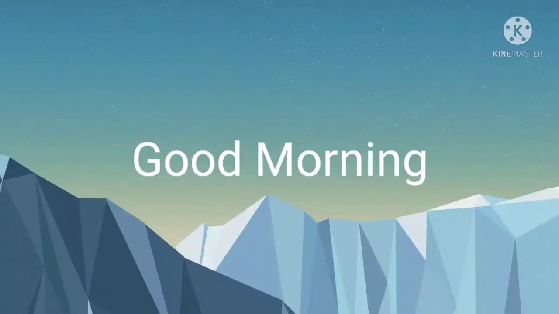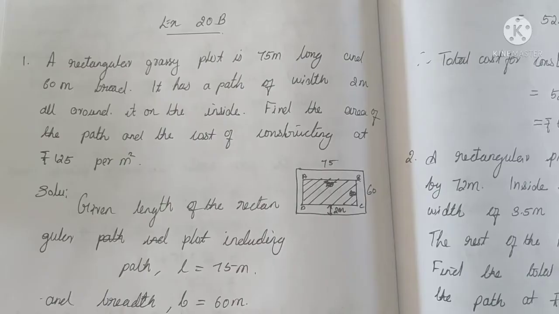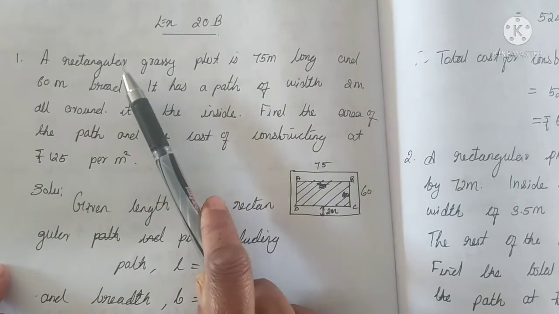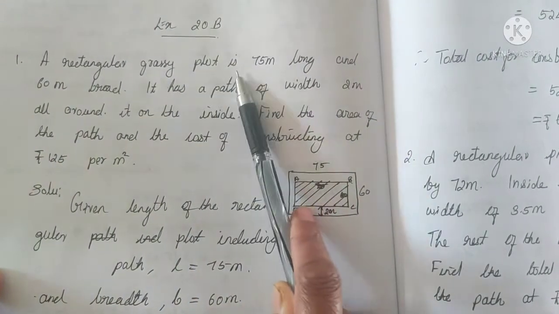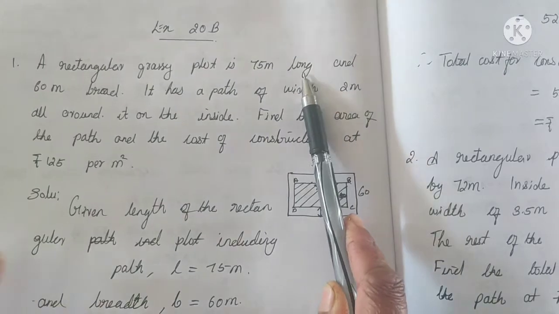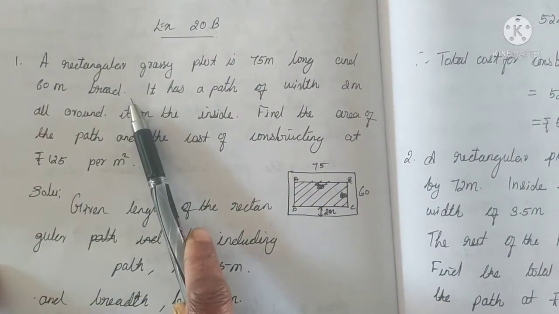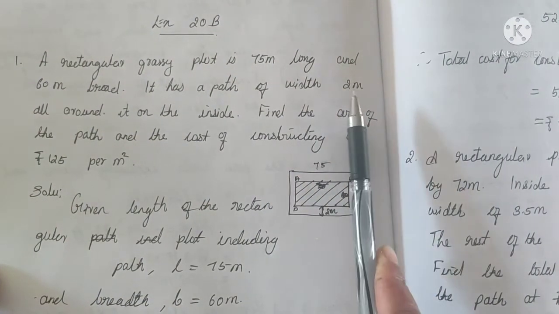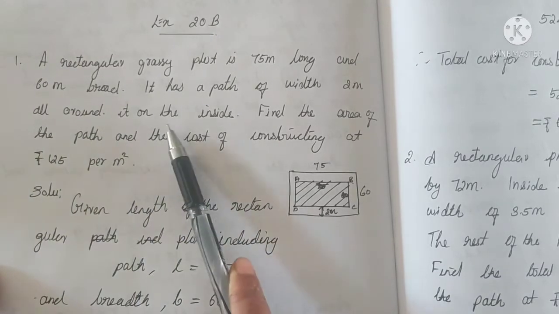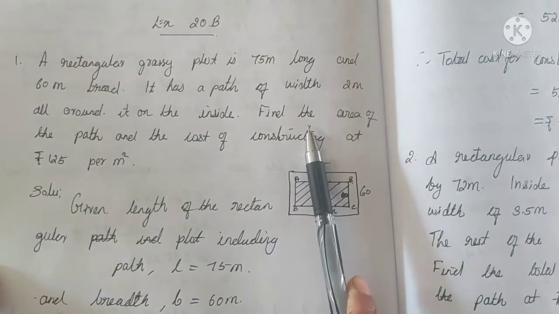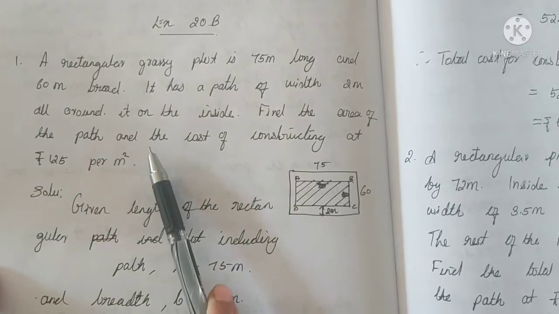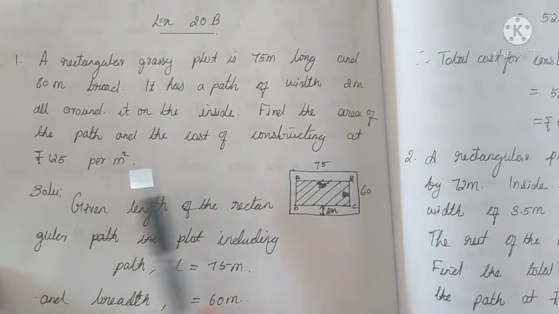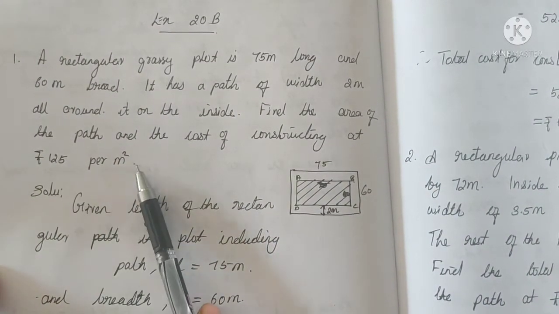We are starting exercise 20B today. Starting with the first question, question number 1. A rectangular grassy plot is 75 meter long and 60 meter broad. It has a path of width 2 meter all around, on the inside. Find the area of the path and the cost of constructing it at rupees 125 per meter